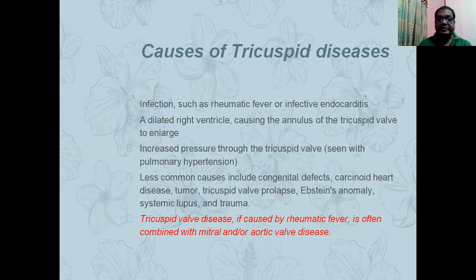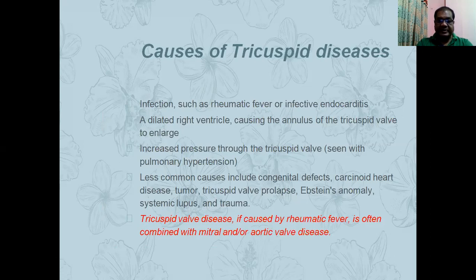What are the common causes of tricuspid diseases? Infection like rheumatic fever or infective endocarditis may lead to tricuspid regurgitation. A dilated right ventricle from whatever cause, causing the annulus of the tricuspid valve to enlarge, may lead to functional tricuspid regurgitation. Increased pressure through the tricuspid valve, as with pulmonary hypertension. This pulmonary hypertension may be a primary pulmonary hypertension or may be secondary to any other disease like aortic valve disease, mitral valve disease, or any other lung pathology, that may lead to dilatation of the tricuspid valve and